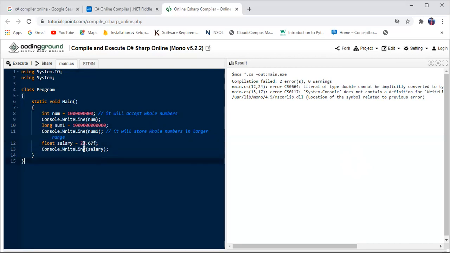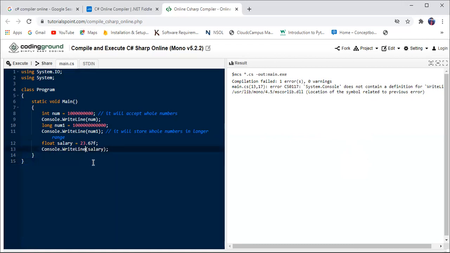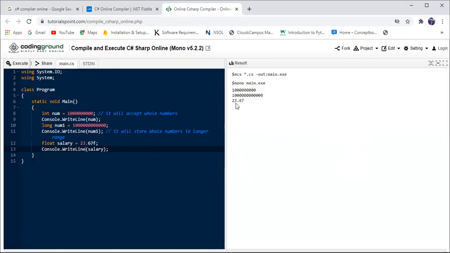Okay, now this is a float value. You add f at the end of this number. Now if I run this program, it will print. Oh, spelling mistake, sorry, it's console dot WriteLine. Now if I run this program, you can see